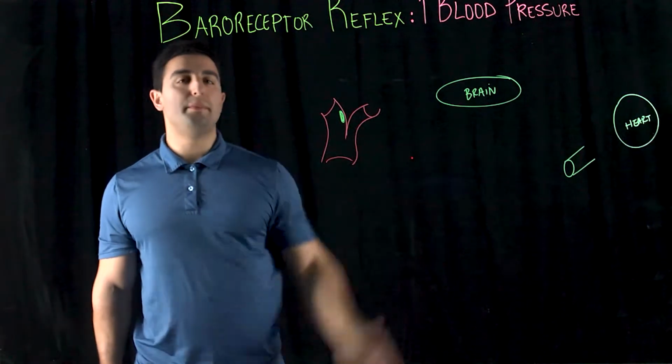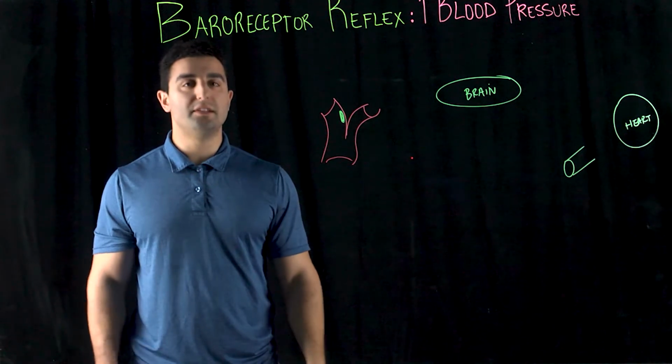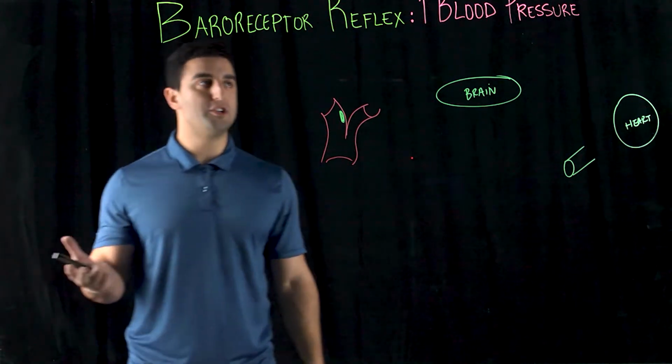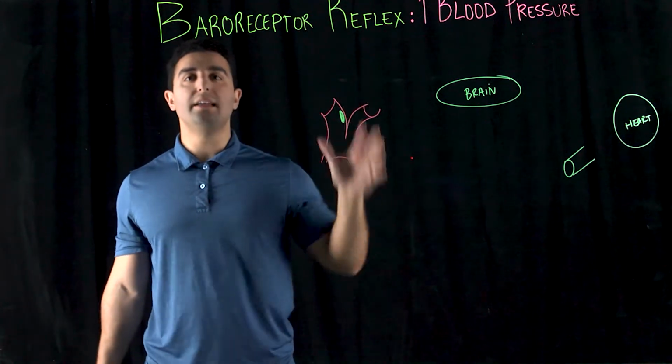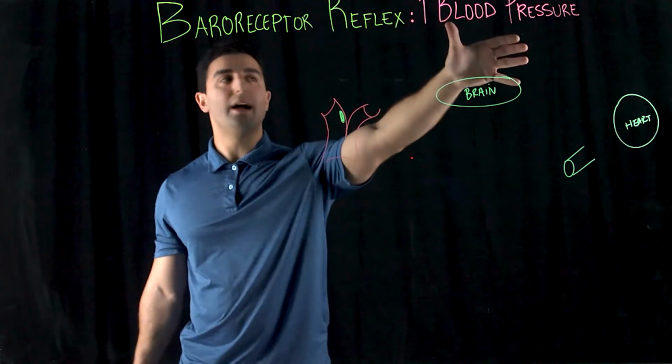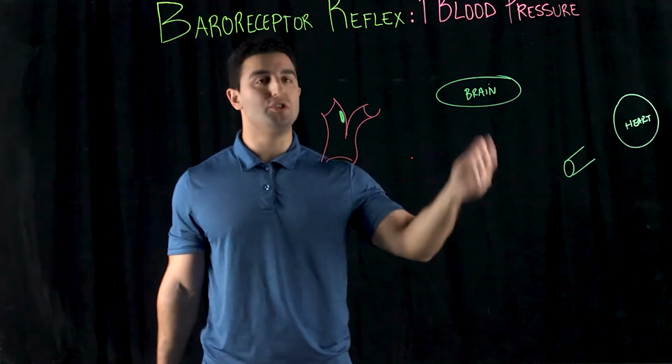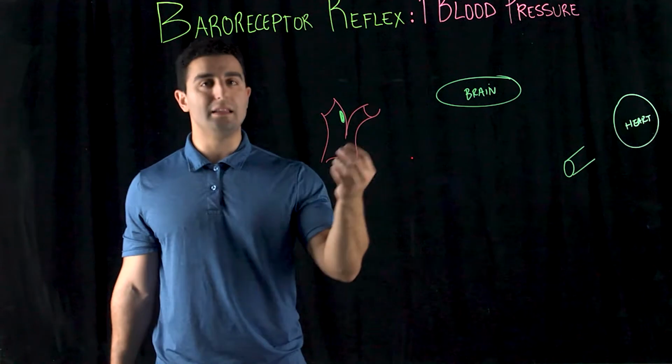So we're going to look at now the baroreceptor reflexes. If you remember from before, what are baroreceptors? Baroreceptors measure pressure, right? And so instances of high and low blood pressure, in this case, we're going to talk about high blood pressure. There's a physiological response in order to reintroduce a homeostatic balance in the pressure of the